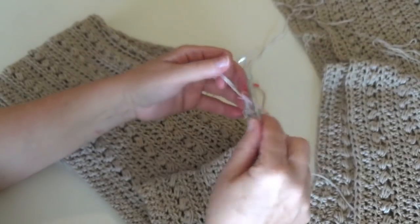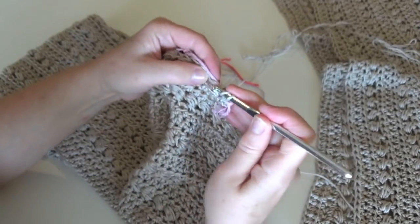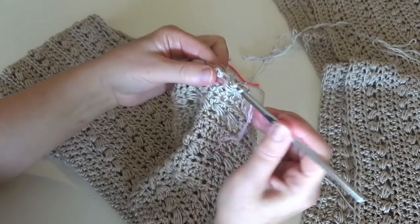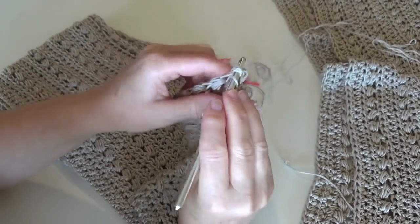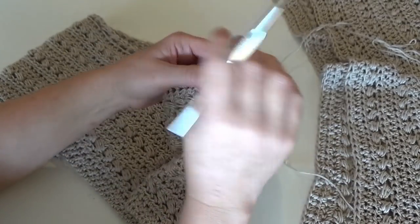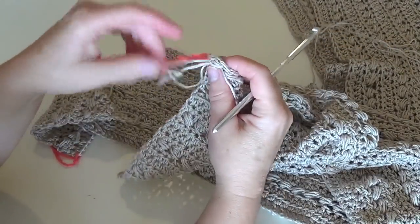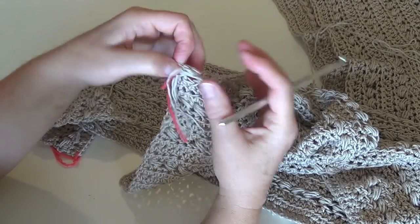Sorry about all this detailed explanation, which creates a very long video. And now I'm just going to continue working the same way, a half double crochet in each stitch to the end. Watch out here to work properly in the stitch, and I don't need to crochet all this row. I'm to the middle of my piece and I'm going back again, and I will reach till this point. You see I have my marker, so I will work here my last half double crochets, and I will keep